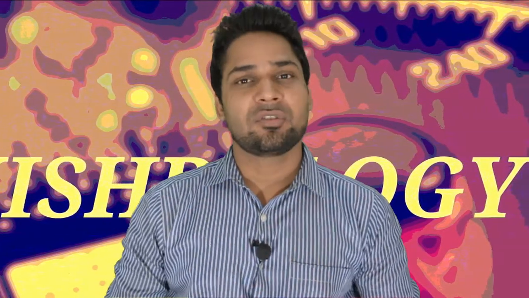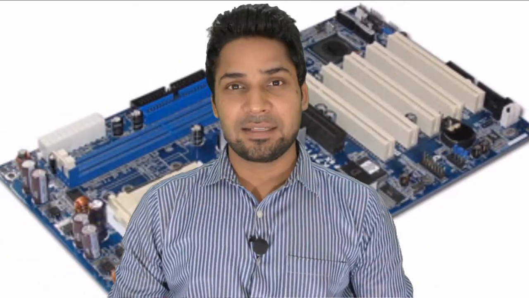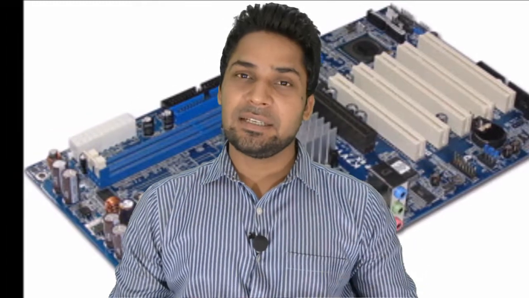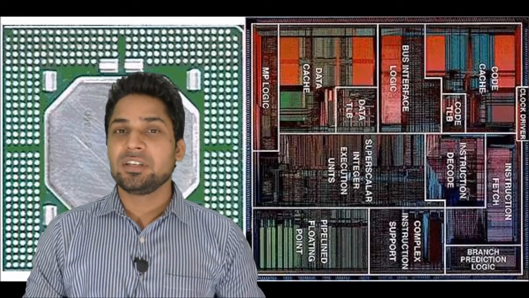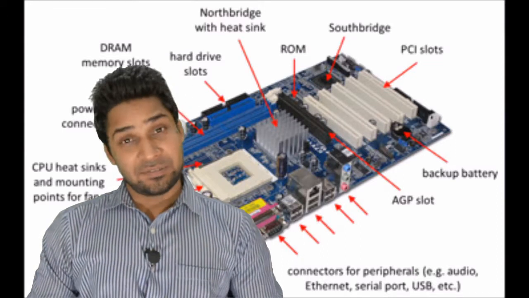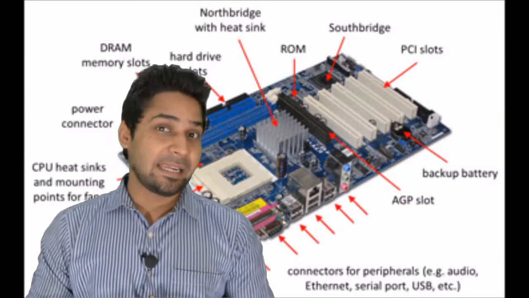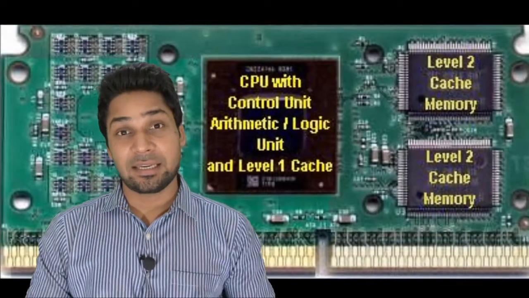Now the data is transferred between the cache and the memory in blocks of fixed sizes, which are called cache lines. When a cache line is copied from the main memory into the cache, a cache entry is created. The cache entry will include the copied data as well as the requested memory location. When the processor needs to read or write a location in the main memory, it first checks the corresponding entry in the cache. The cache checks for the requested content in any cache line that might contain that address. If the processor finds that the memory location is in the cache, a cache hit has occurred. However, if the processor does not find the memory location in the cache, a cache miss has occurred.